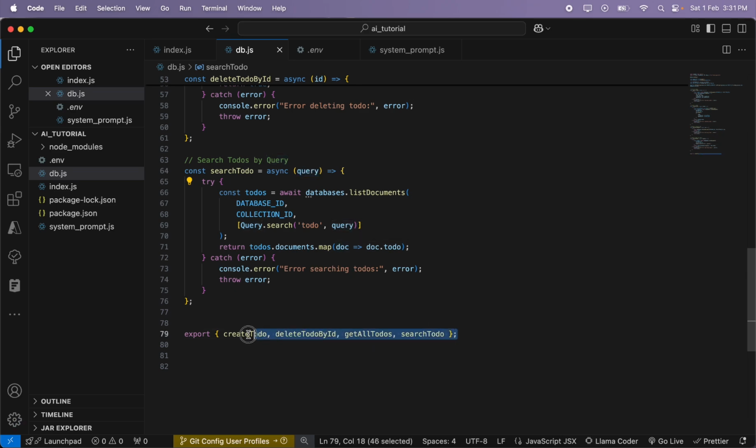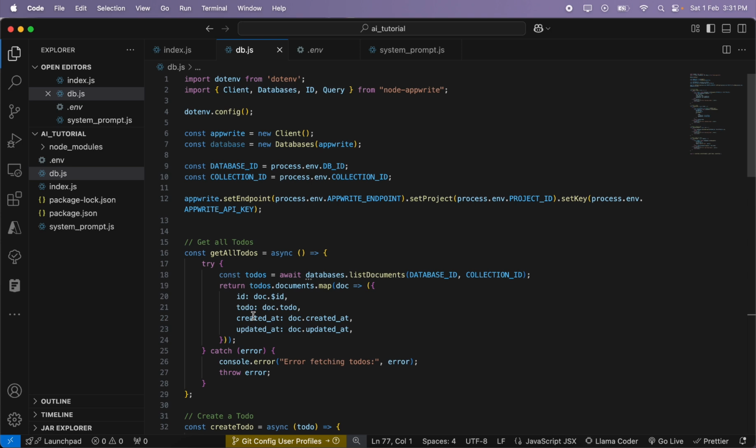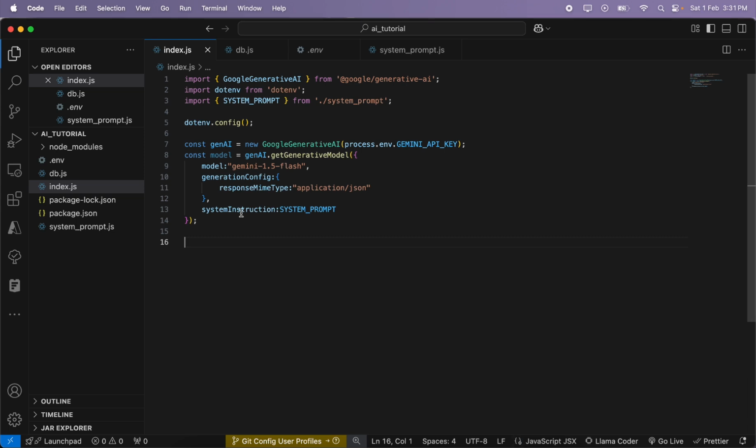And we are at the end, we are exporting all the functions so we can access them from other files. So this was our DB configuration. So from the DB endpoint, everything is done. We'll go to index.js. Now we'll have to record our conversation, so we'll have to iteratively send our conversation